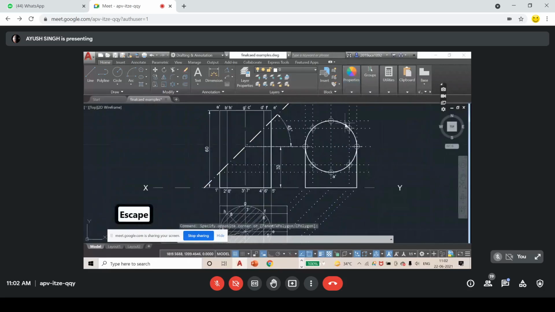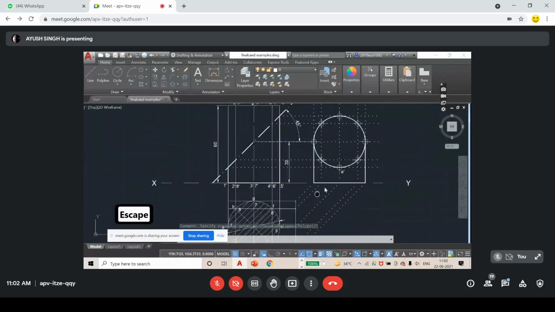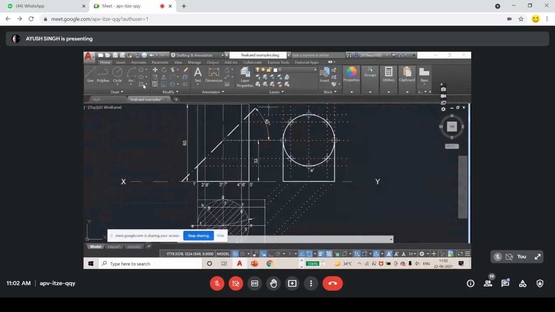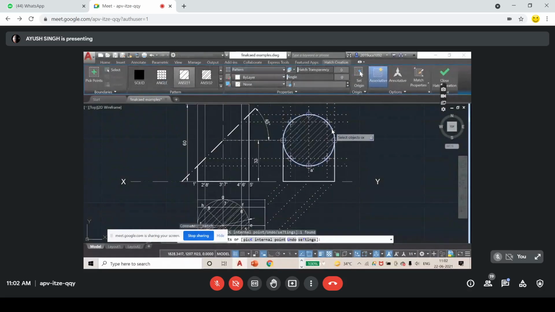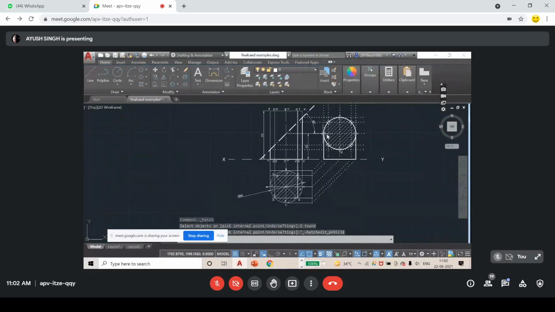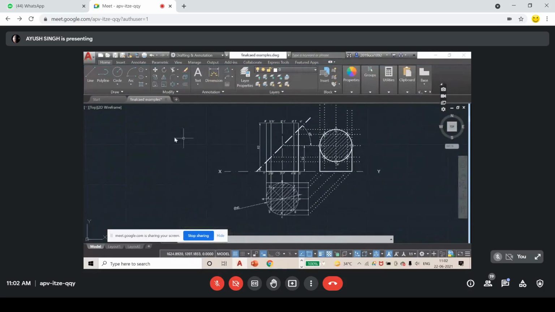Now you can see this is a section, and I told you that section should be hatched. So I'm going to hatch it also. Hatch, select this. It will take my previous setting, ANSI 31, close hatch editor. See, now you can imagine that this is the sectional side view. If you see the cylinder from here, you will see this shape. You have cut the cylinder like this, so it is now up to this height only, and this is the cut portion. So we are done with the second part also.